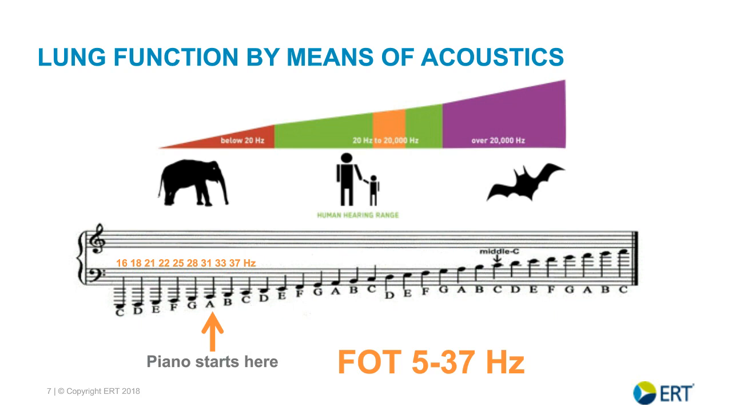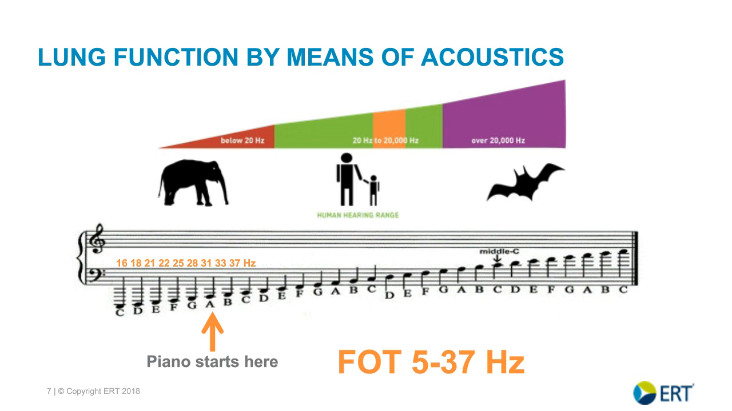And for those of you that are familiar with different audible ranges, you'll know that bats can hear at very, very high frequencies, and rhinos and large mammals, such as elephants, can hear at very low frequencies. And actually, FOT perturbs the lung. It's an oscillatory technique where a pressure oscillation perturbs the lung and the respiratory system at a frequency envelope between 5 and 37 hertz. So it extends below the audible hearing range, so the infrasonic range, but it also extends